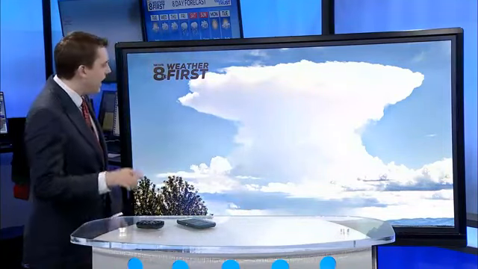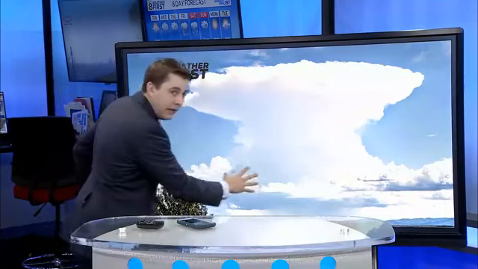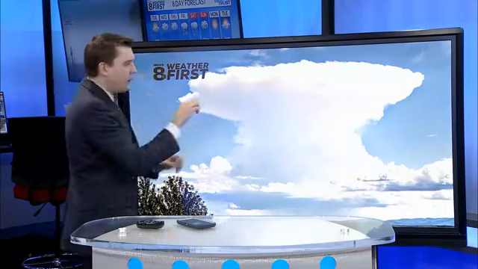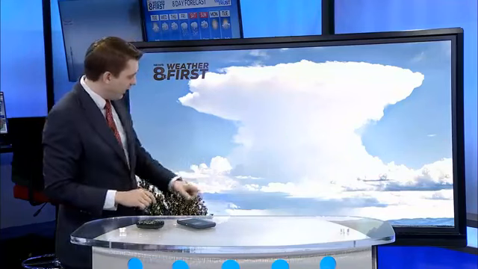ice crystals. And have you ever noticed when you look at these thunderstorms, especially in the summertime, the clouds at the bottom are more puffy, but you see the clouds up here, they're almost more wispy. You know why that is? They're not made of the same thing. These ones are made out of water droplets. These are oftentimes made out of ice crystals, and that should tell you everything you need to know about the temperature within that cloud. Because it is ice crystals, it's obviously very, very cold up there.